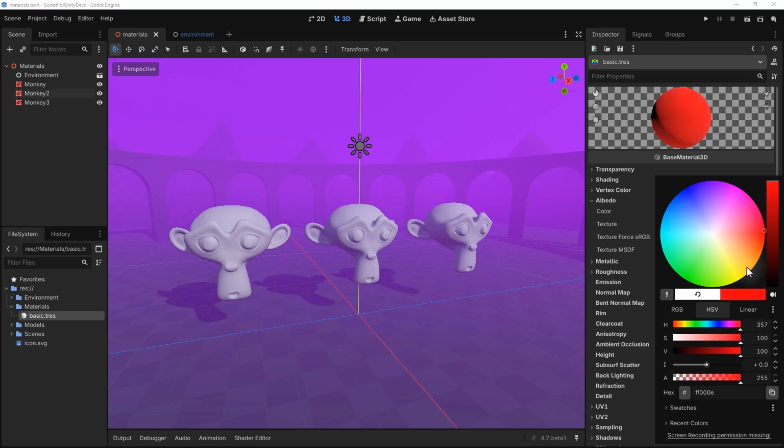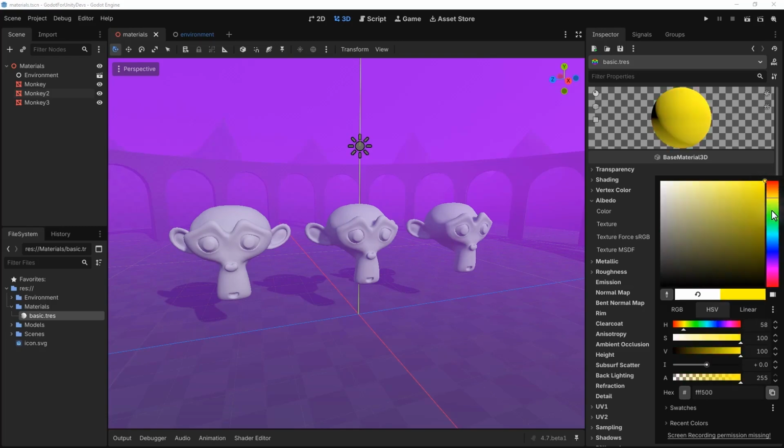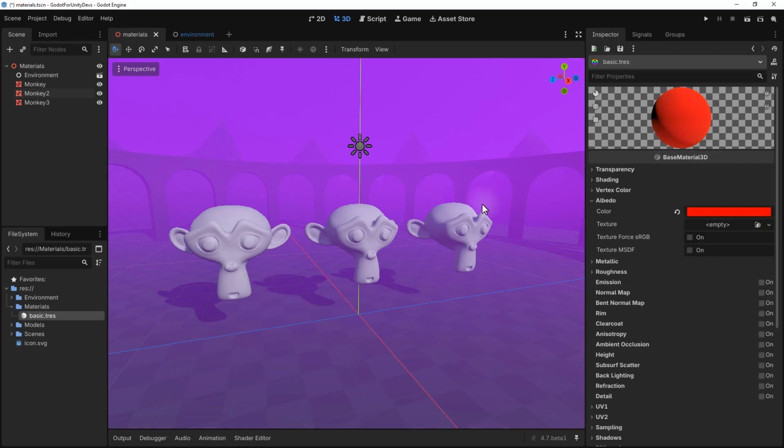Now, Godot's color picker is pretty advanced. There's lots of different options for you to choose from. You can choose from RGB, hue saturation value, etc. And you can also change the little color picker window up here as well by clicking on this little icon and then choosing what you want. So if you want a more Unity-centric sort of color picker, you can choose the HSV rectangle, which as you can see is very similar to the one in Unity. And then to apply a material, what we're going to do is, just like in Unity,